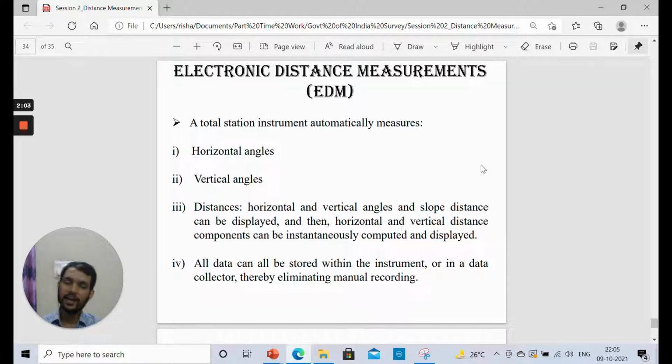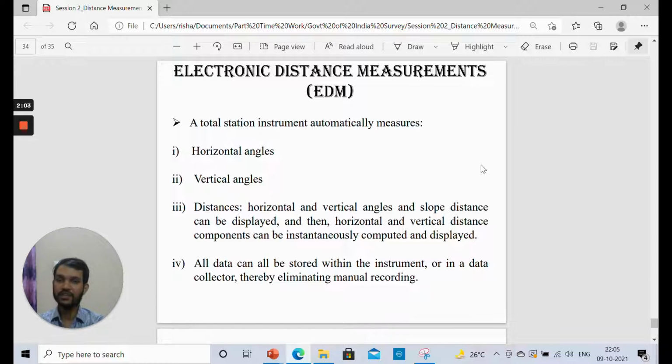And vertical angle is when we are finding the height of a building or the height of a tree. We locate the lowermost point, we locate the uppermost point. We can fix it at one point when we are locating the lowermost point, and with respect to that, we can find the uppermost point. So this is how it can be used to display the vertical angles also.